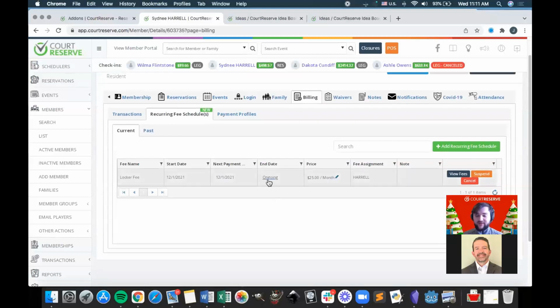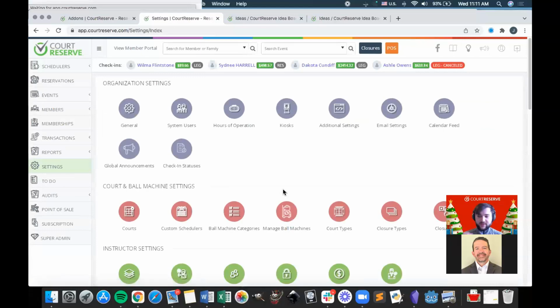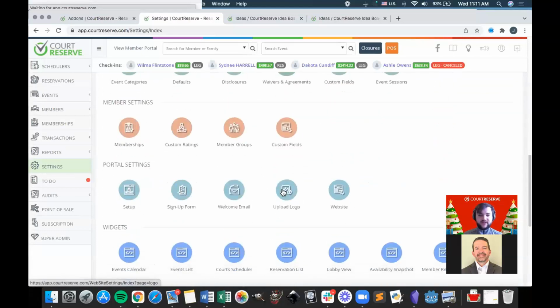And then I also have the option to say, hey, do I want this fee to just be ongoing, continuous, just running until it's canceled? Or I can set it up to end on a specific date. If I just want it to run for the summer, every month, I can do that. And then I say, it ends September 1st, for example. So I'll show you really quickly what that looks like and what some of the different options are for these